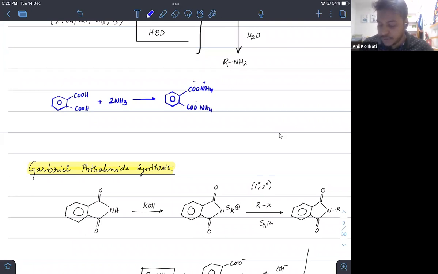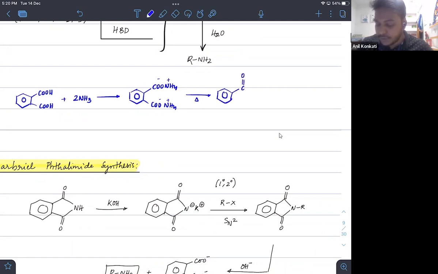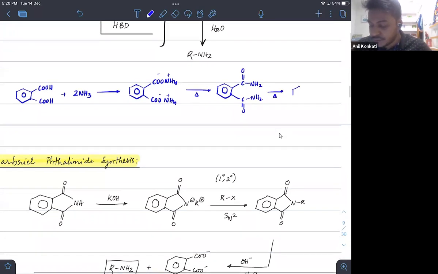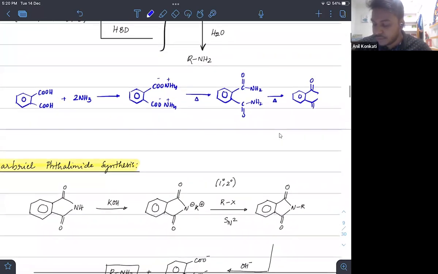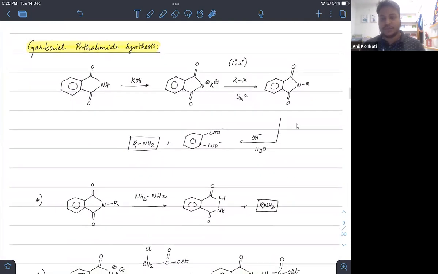This will happen in 2 steps. Usually यहाँ पर directly step नहीं दिया जाता है, बाद में heat दिया जाता है. So when it is being provided heat, then ammonia would release, and we get C double bond O NH2, and here also it will become C double bond O NH2, which on further heating releases ammonia also, and that's how we'll get phthalimide. So C double bond O and NH. So here we see ammonia released. Rest of the case here there is water, and water is released in both the cases. So that's how we will get phthalimide. Okay. So our journey starts from the phthalimide as the reactant.